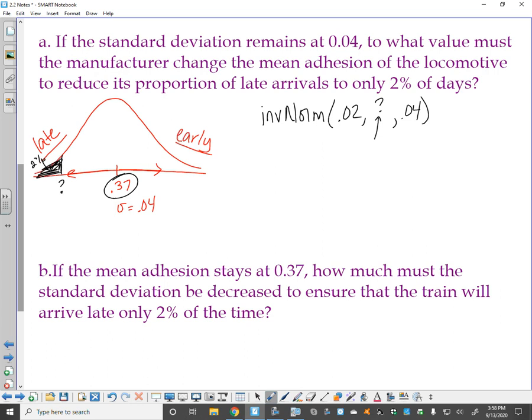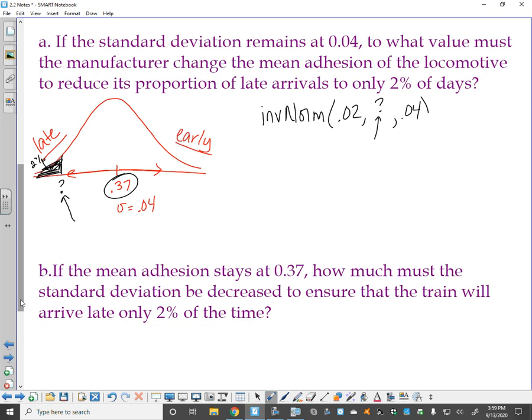If the standard deviation remains at 0.04, so that's locked in. To what value must the manufacturer change the mean adhesion of the locomotive to reduce its proportion of late arrivals to only 2%? So guys, if I had done this, then this would be off because I don't want my mean to be 37. It's asking for me to change the mean. So what I'm going to do, because I can't inverse norm unless I have a mean, is I'm going to